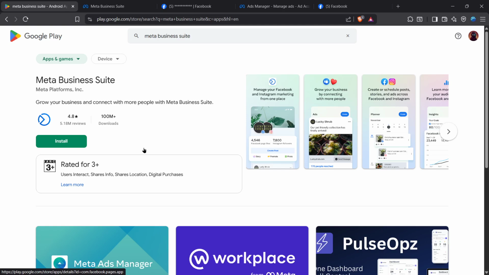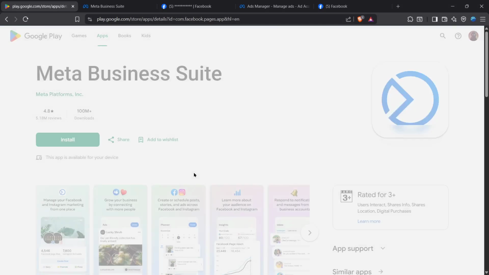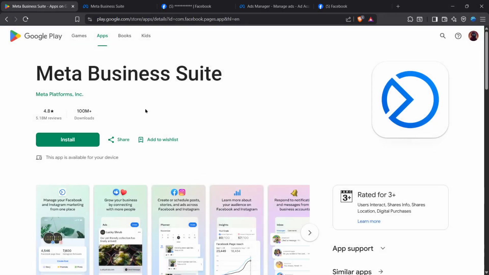Once installed, open the app from your home screen and log in with your Facebook account. The app will sync automatically with your pages and settings. Desktop, Windows or Mac: Meta Business Suite is web-based, not a traditional downloadable application, but you can create a desktop shortcut. Open Google Chrome and navigate to